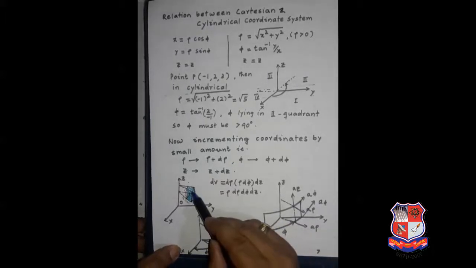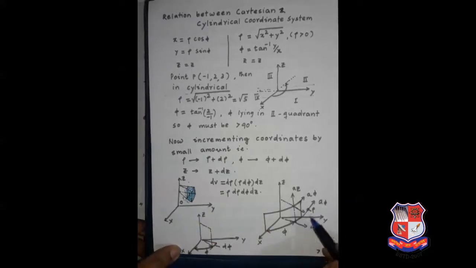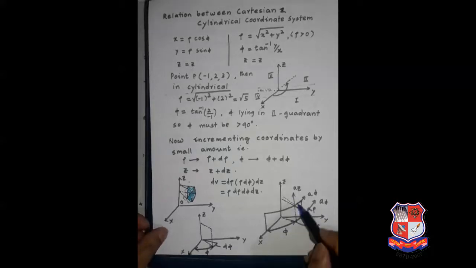So in this way, you can write the expressions for all the 6 surfaces which have been formed by incrementing rho, phi and z. In this figure I have tried to show you the directions. This is the rho direction, so this way your a rho direction is there. Then phi is always measured from the x-axis. Away from the x-axis it will be the positive direction. So this way your a phi, and upward is your a z.